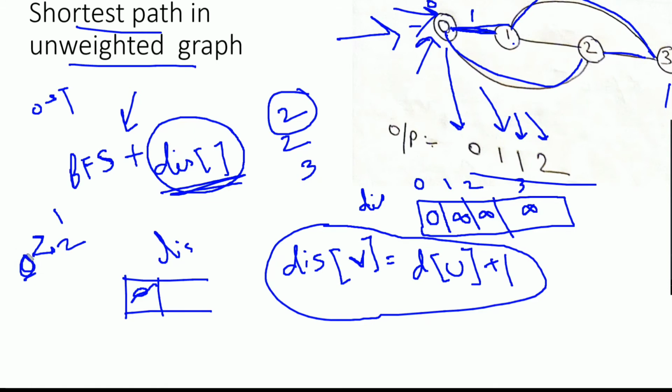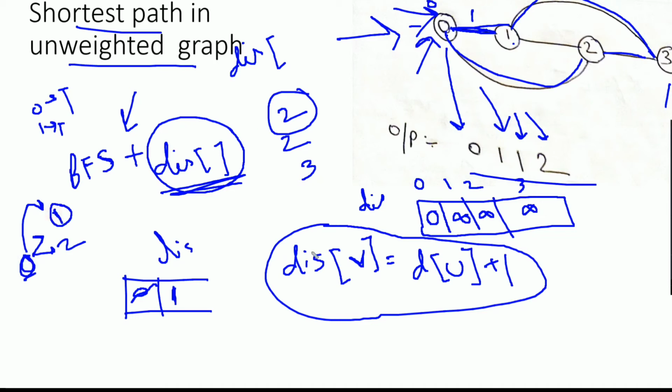We got 1. So we will check whether 1 is visited or not. 1 is not visited, so we'll mark visited of 1 as true. And we will push this 1 inside the queue. And we need to do one more thing. After pushing it inside the queue, we can find the distance between 0 and 1.